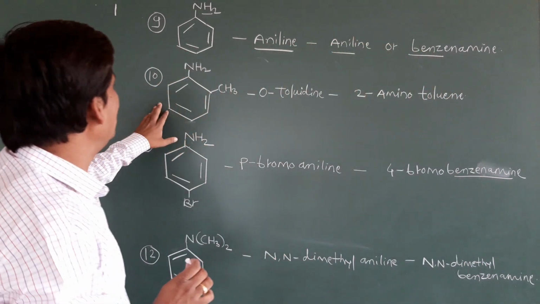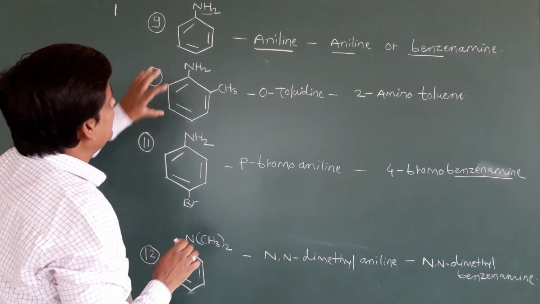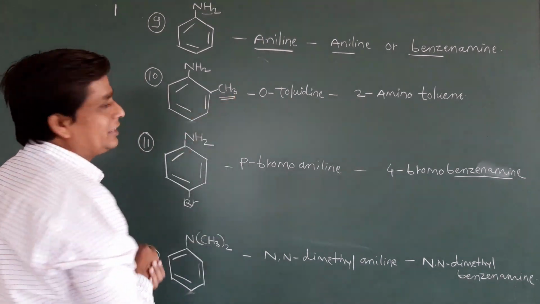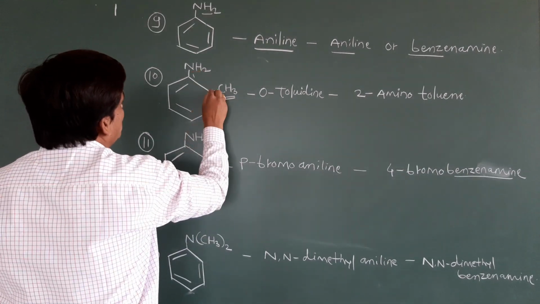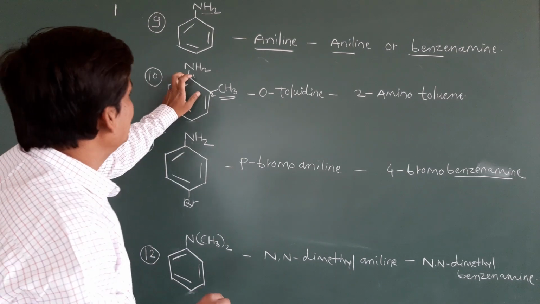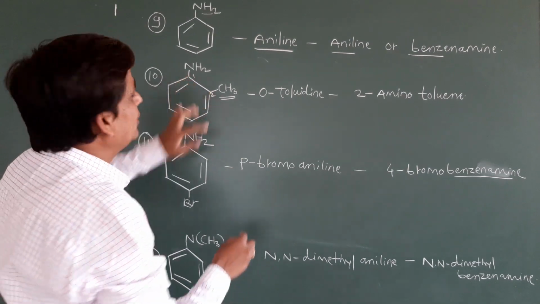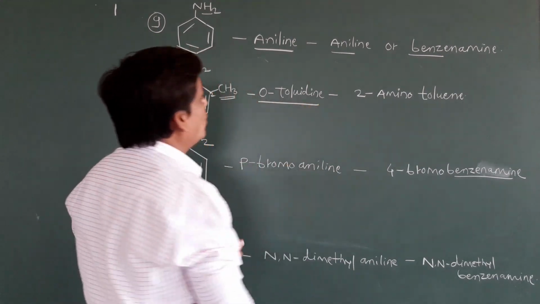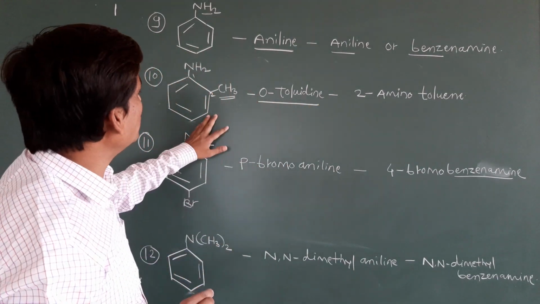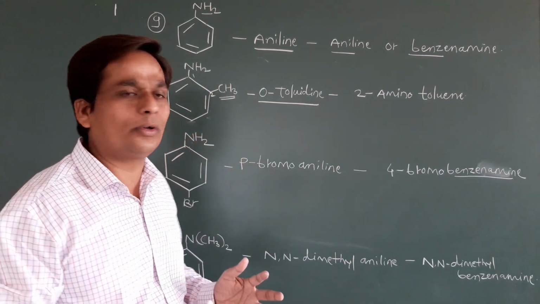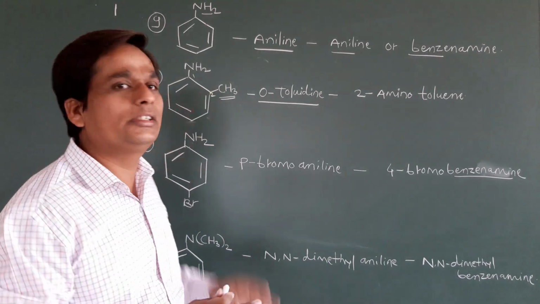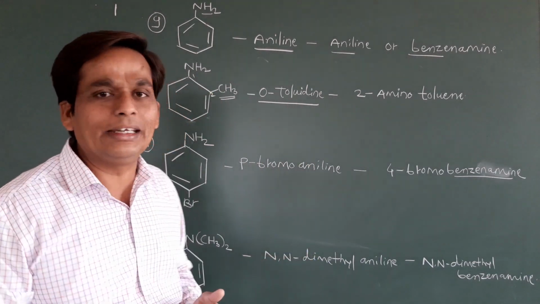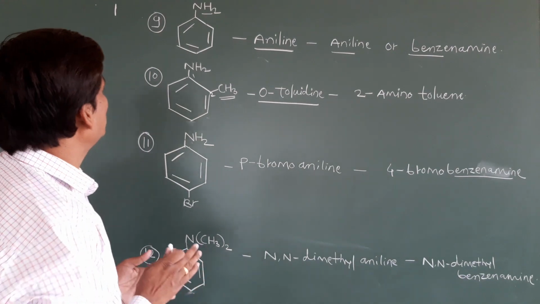Okay. See another example here. So this aniline is attached with a CH3 group at the ortho position. 1, 2 means what? Ortho position. This is the first carbon, this is the second carbon. So 1, 2 means it is an ortho position. So you can see it is ortho-toluidine. This is one of the chemical compounds, you know that. When aniline is attached with a CH3 group, we call it toluidine. Ortho-toluidine. What is the IUPAC name?